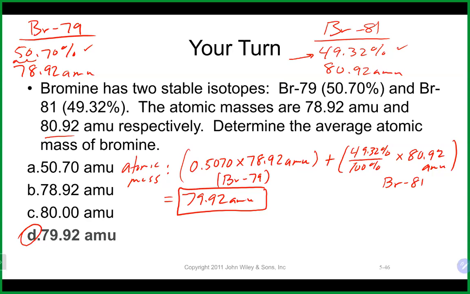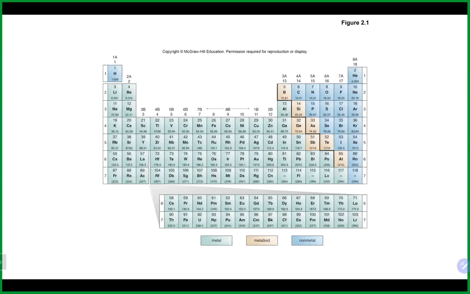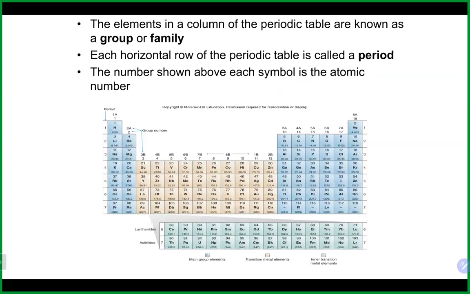All right, then let's talk about the periodic table. That's a periodic table. Good talk. All right, so we'll continue on. Now, a periodic table gives a good amount of information about the elements, some of which we've talked about. But first off,